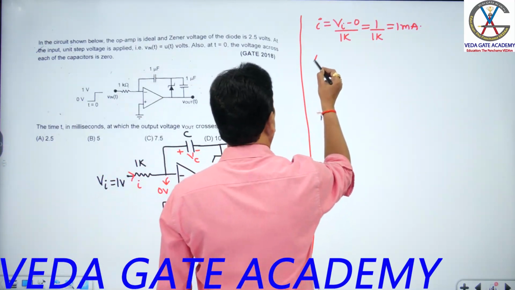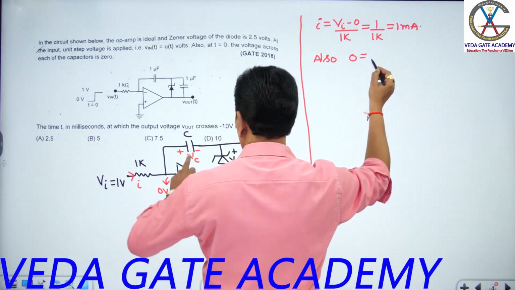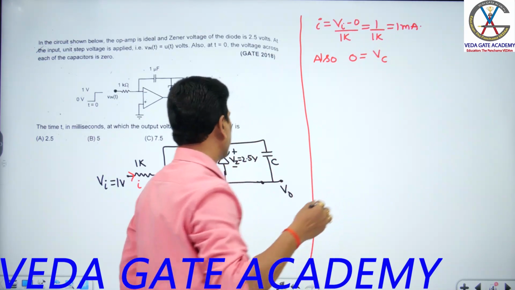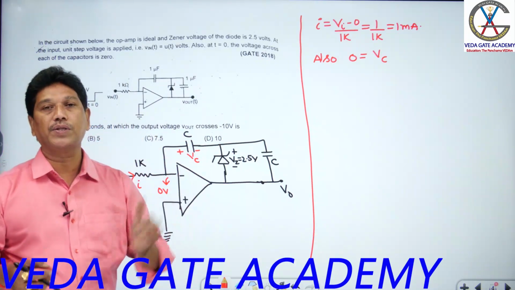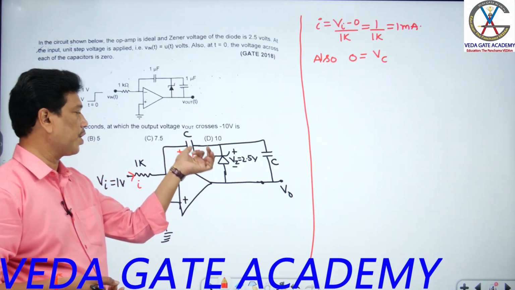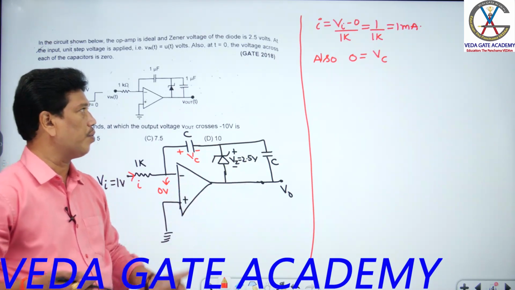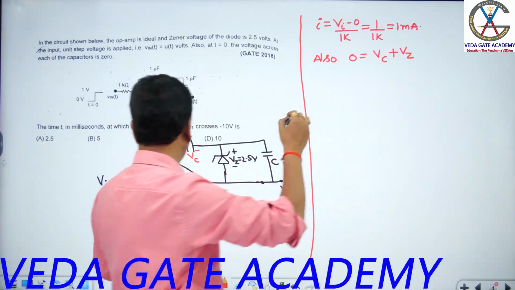See this one now. Also at the inverting node, the applied voltage is 0. The voltage across the capacitor to which it is charging, I assume VC, sir. I assume that on switching on the supply, the capacitor charges to a steady voltage. I indicated that for the first capacitor. The capacitor can be charged to a voltage I can call VC, sir. And this one is what? VZ. So VC plus VZ, sir.